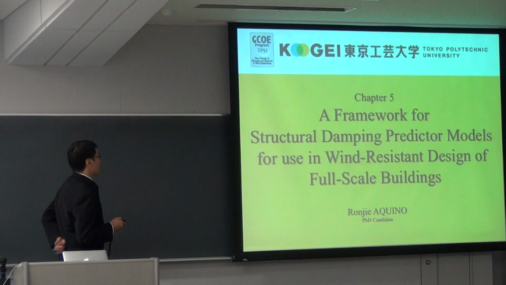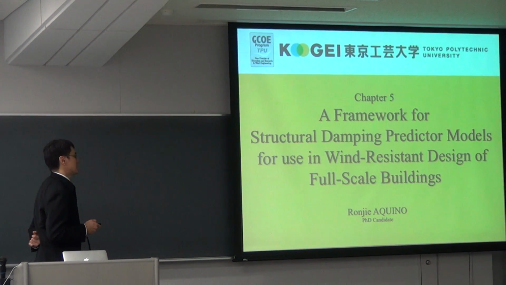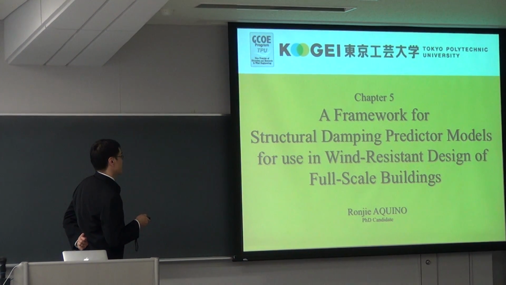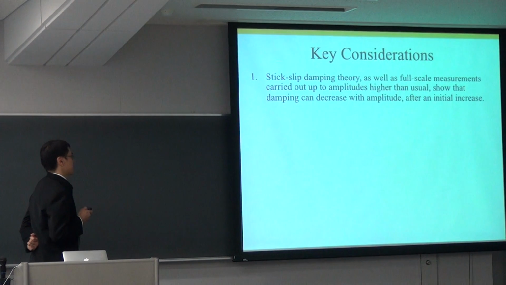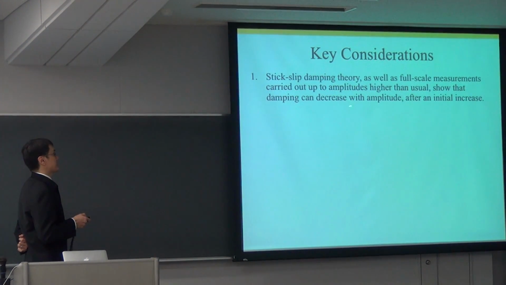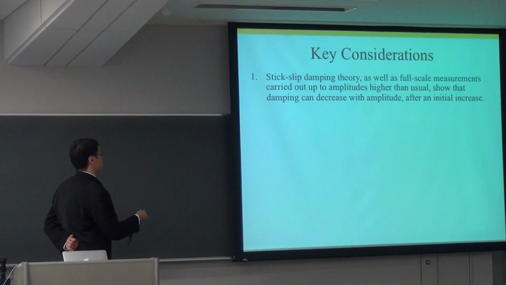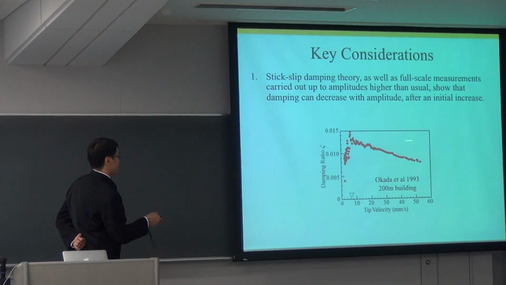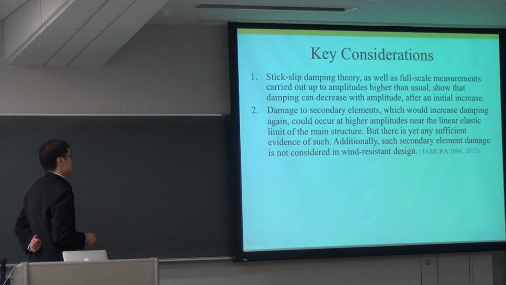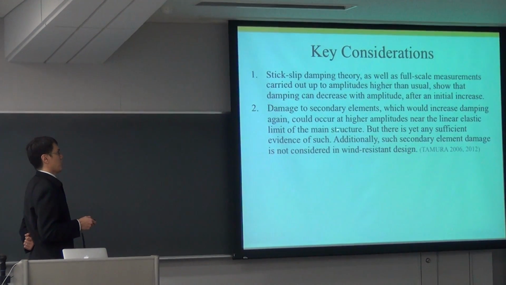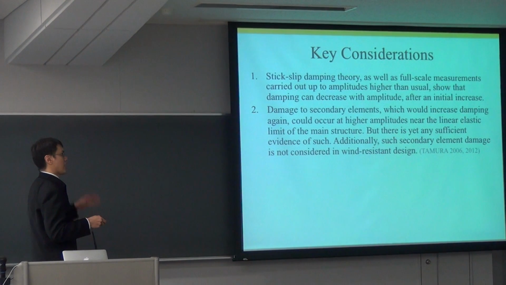Now, last major chapter, I'll talk about, let's say, applications to full-scale buildings. So the last one was about experimental buildings. Key considerations, again: stick-slip damping suggests increasing damping and then decreasing damping with amplitude, such as in this case as well, full-scale measurement. And then there could be damage to secondary elements, which would increase damping again at the very